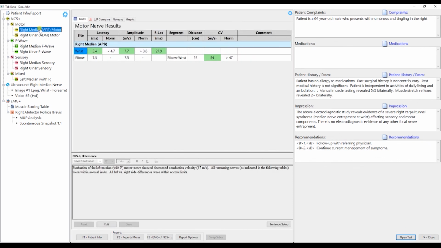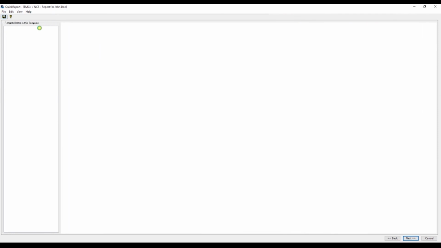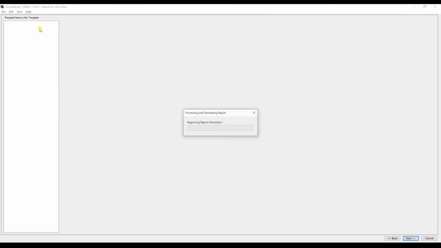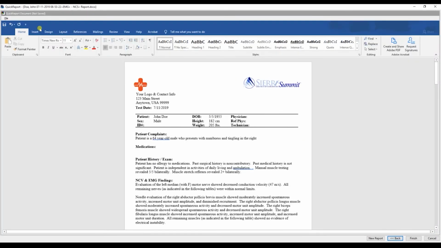And then the last step is just to hit my favorite button on the base unit, which is going to take all this data and drop it into a Word document. And then if I have the CAD link with HL7 interface, I can actually have this sent on to the EMR to the patient chart. So the final report is going to show up in a Microsoft Word document. You can still change things and edit things from here, but the idea is it's pretty much done at this point, because starting from the very beginning of the exam, we were entering in patient information, demographics, getting test results, and at the end entering in our impressions and